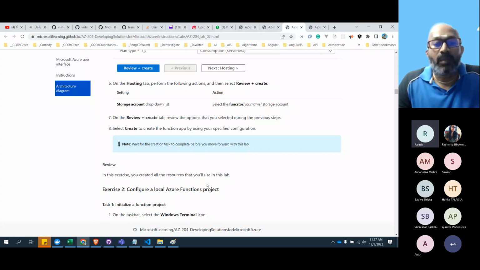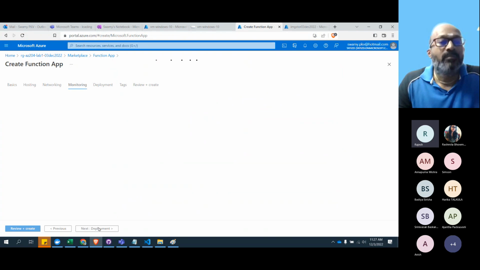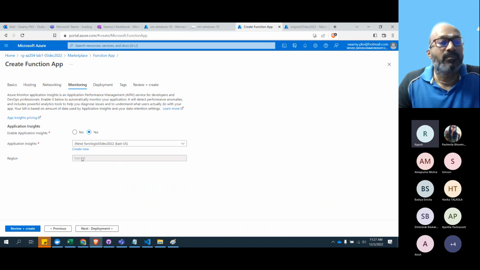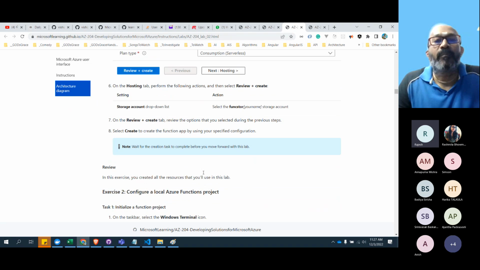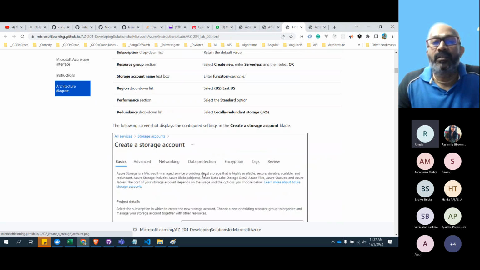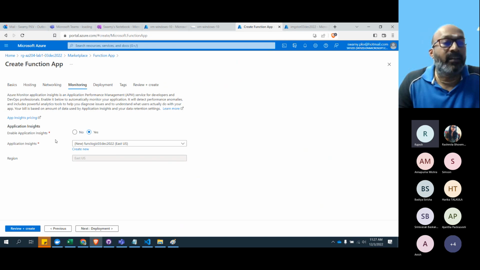We'll go through a couple of things. Oh, Application Insights is needed because in the image we are seeing that function logic Application Insights is needed. So this is serverless. We definitely need it. Application Insights.